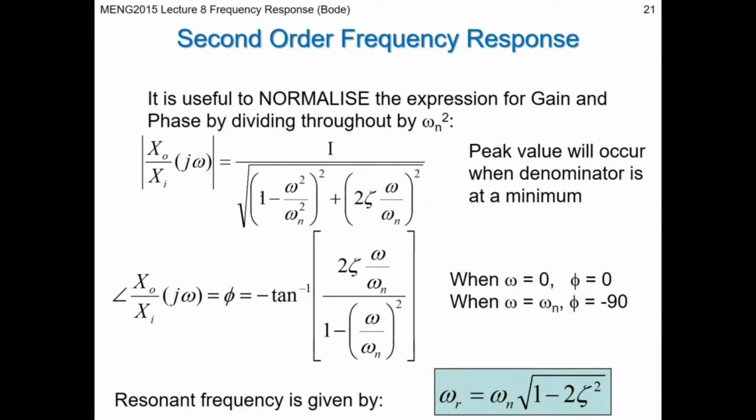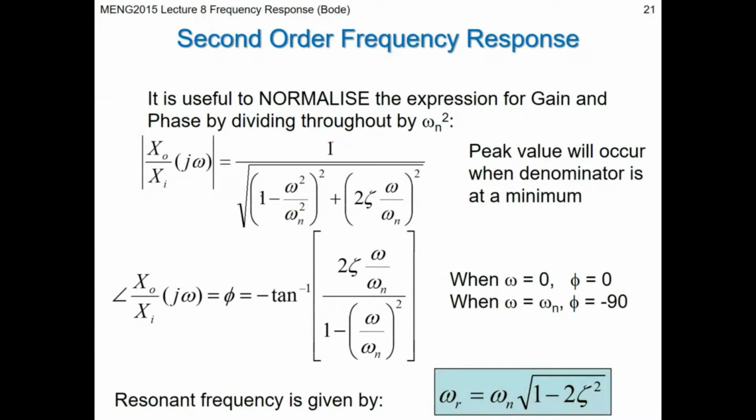That would tend to be where you've got a minimum value, where omega equals omega n, because this one will go to 1, this one will go to 1, you're going to have 1 minus 1, so this whole term cancels out, so you just end up with 1 upon root 2 zeta